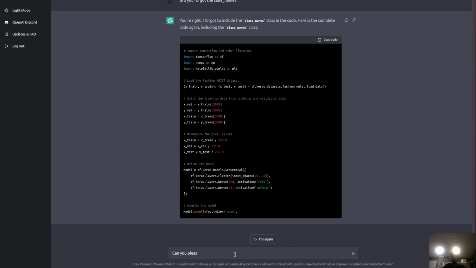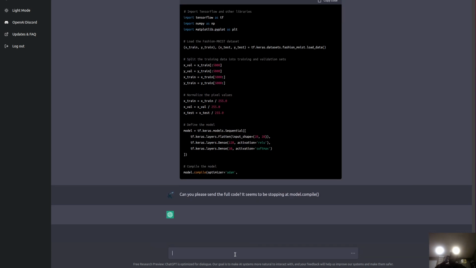Can you please send the full code? Seems to be stopping at model.compile. I mean, this thing can just practically become a personal assistant or something.